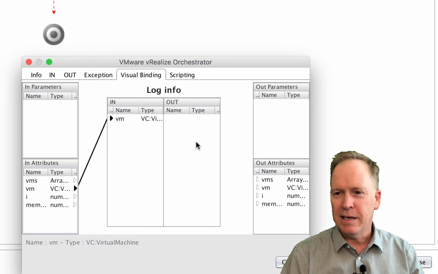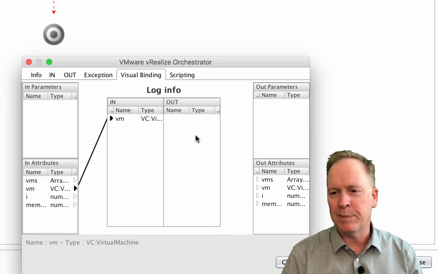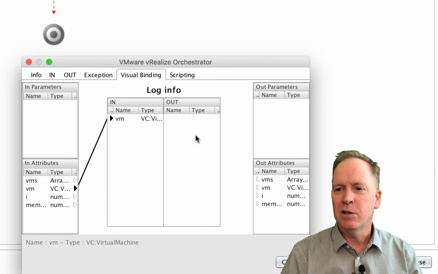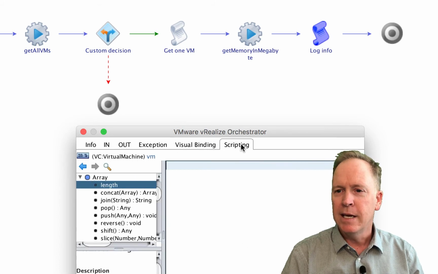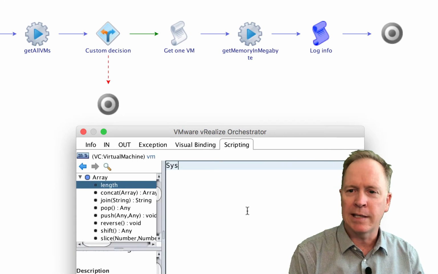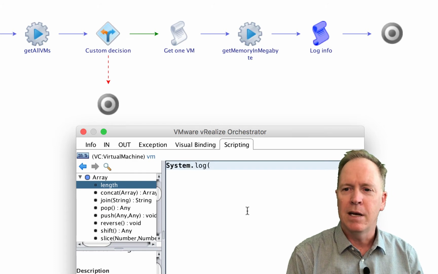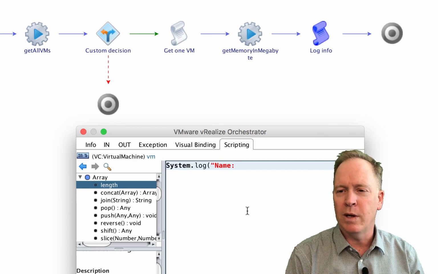And I'm not going to have any output from this. In terms of variables, I'm not going to have any output from this scriptable task. Instead, the output's going to get logged into the log file. So I don't have any output variables, so I can leave that alone as it is. Instead, what I'll do is say system.log name colon